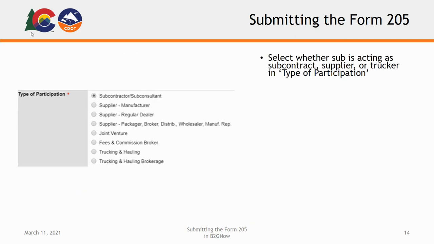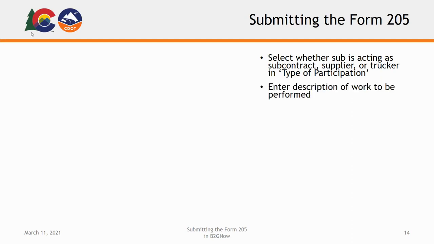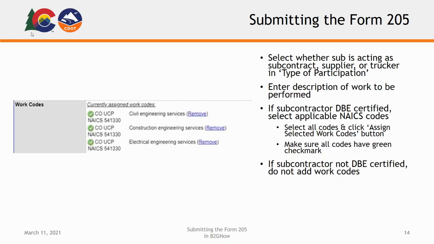Under type of participation, select whether the firm will be acting as a subcontract, supplier, or trucker on the project. For the work description, please enter a brief description of the work that the vendor will be performing in the course of the project. If the subcontracted firm is DBE certified, the work code section will be pre-populated with NAICS